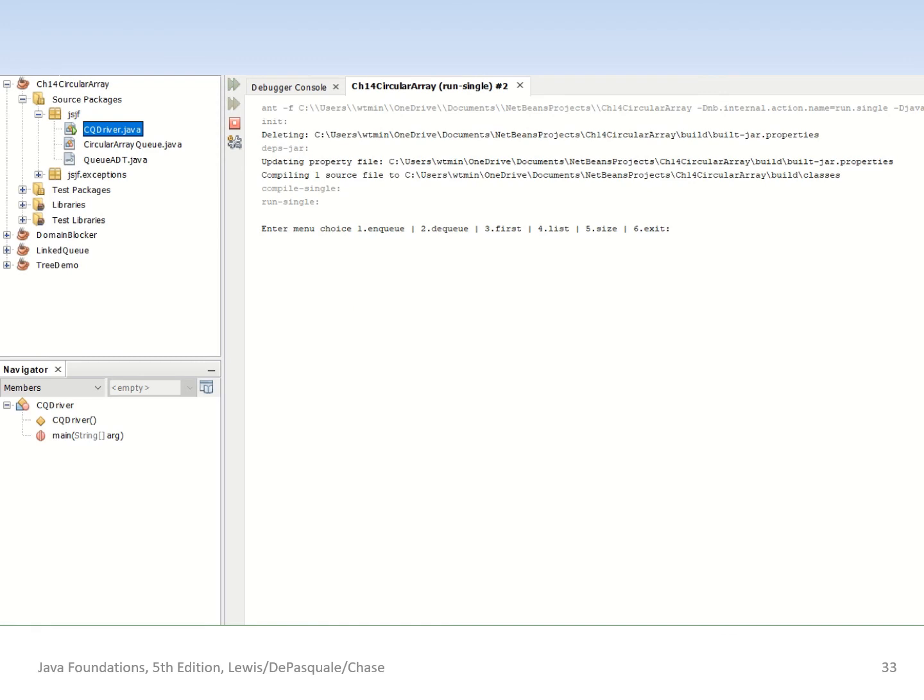So here is a demonstration to help with the assignment, the circular array queue assignment that is in Canvas. I'm going to run this, and I'm going to talk you through which of these menu choices are calling which of the methods. So we'll start off with